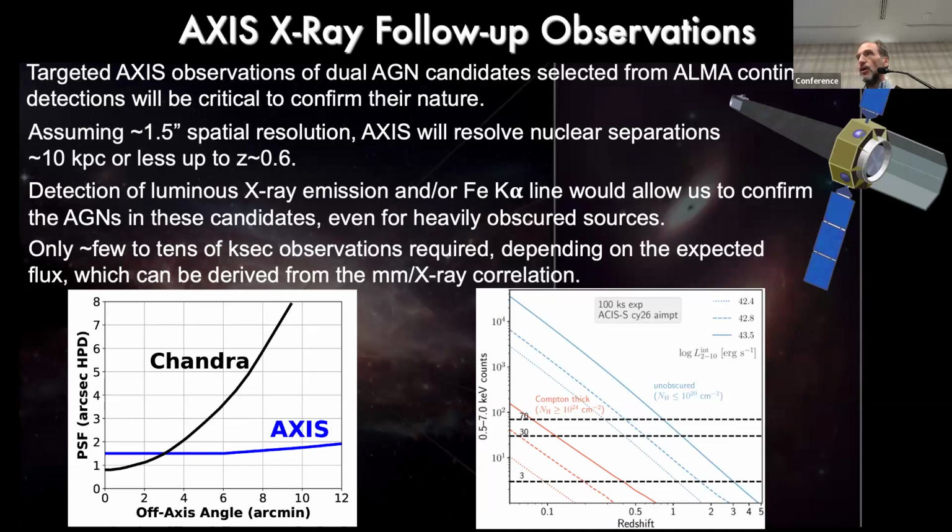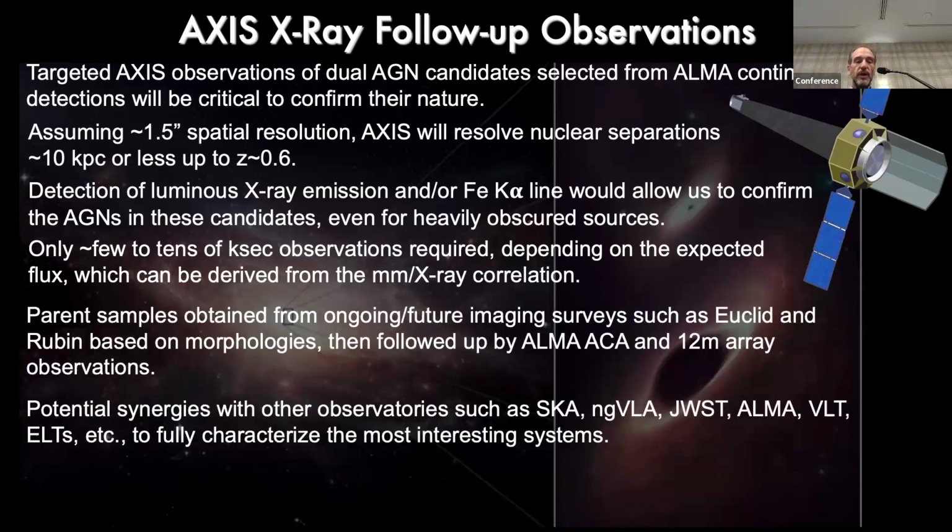Now, because of the sensitivity and the effective area of AXIS, we should be able to detect and confirm this dual AGN in only a 10 kiloseconds or a few tens of kiloseconds observations with AXIS. And that opens, just to conclude, this new window to obtain large, significant samples of dual AGN, which we haven't been able to do so far,